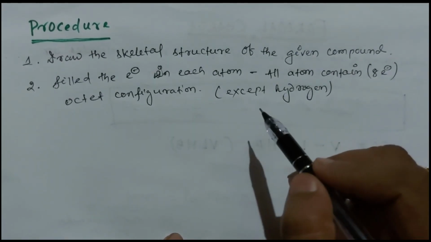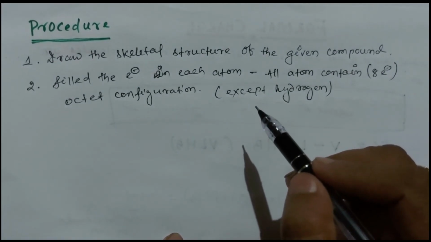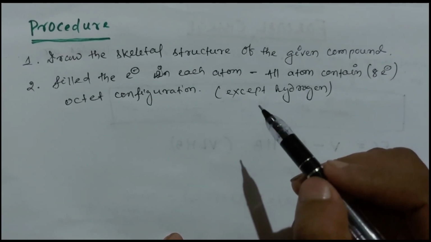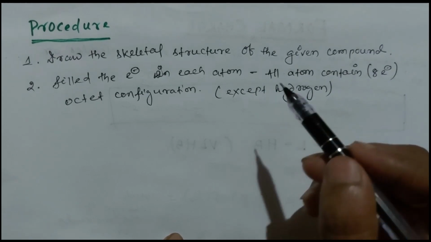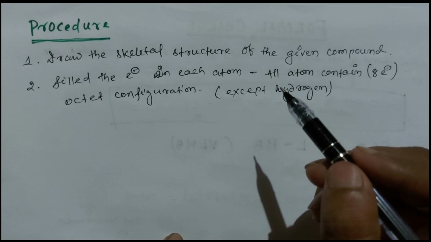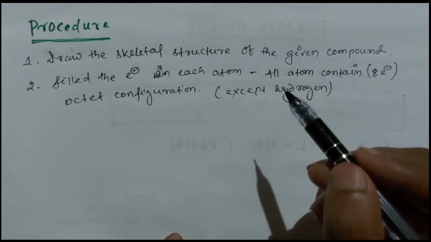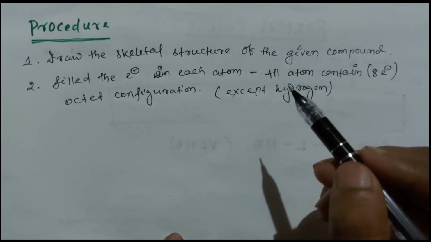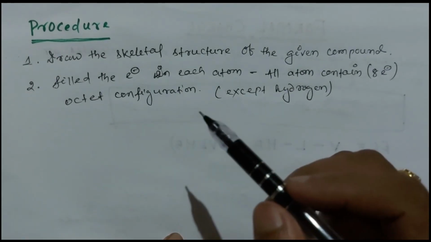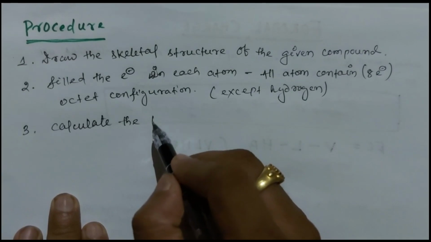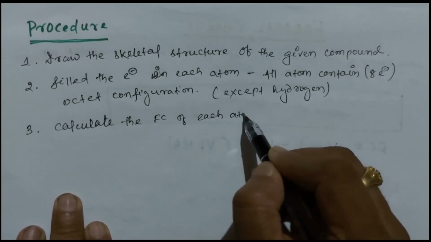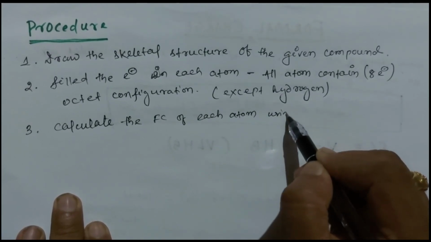There are also some limitations or exceptions, in that some of the atoms can expand their octet. That means they can contain more than 8 electrons. These atoms mainly have vacant orbitals, therefore they can expand their octets. So no need to bother about this; just remember this is the procedure. Third step is to calculate the formal charge of each atom using the formula